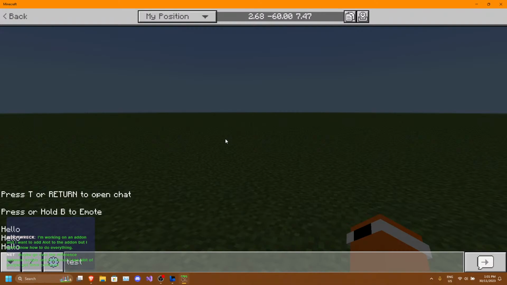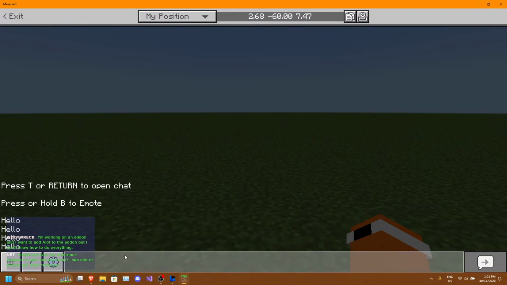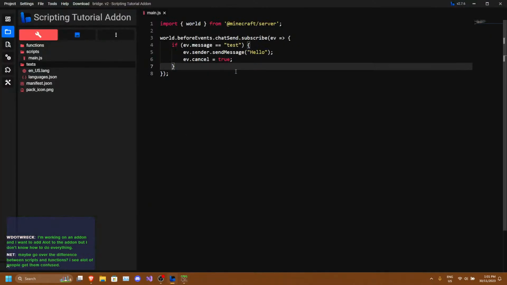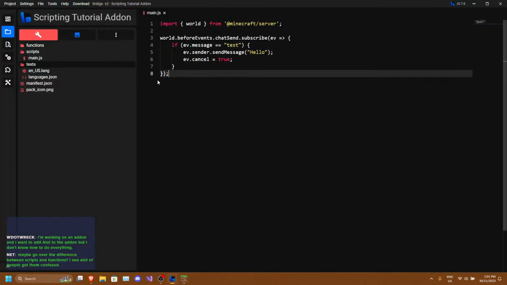Yeah, that's how the script API works. We can actually detect chat, so it's a pretty good thing. We can do all sorts of things with this as well. We can even send data from the server, which is what my voice proximity chat does. But actually, yeah, we'll do functions.